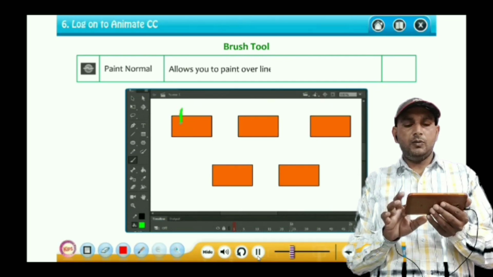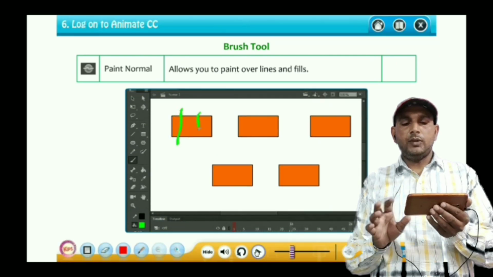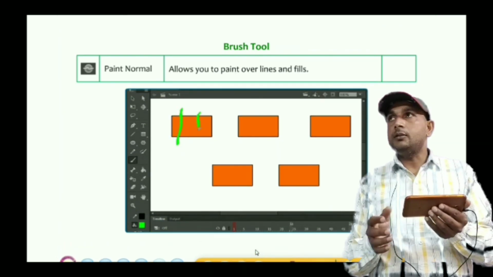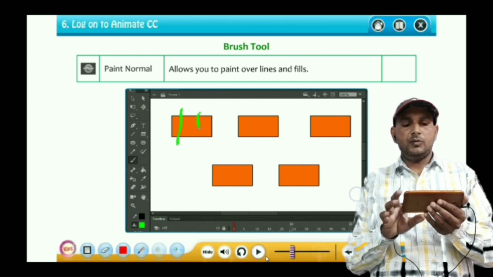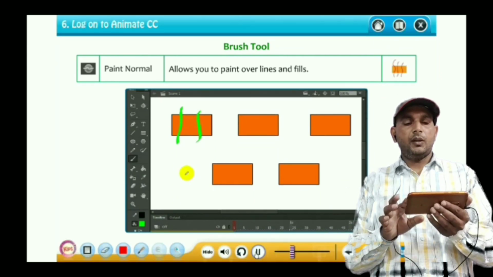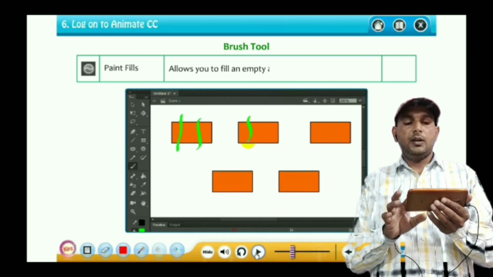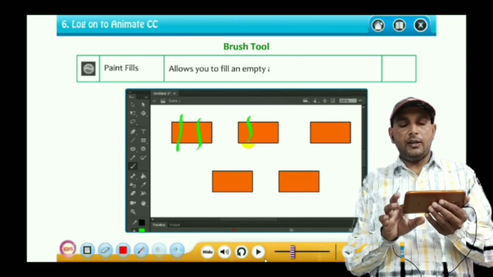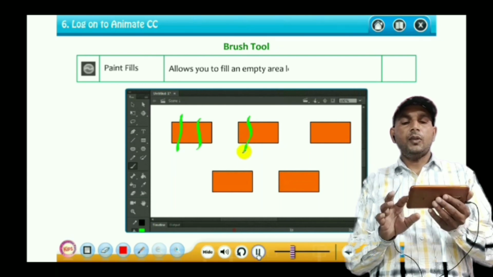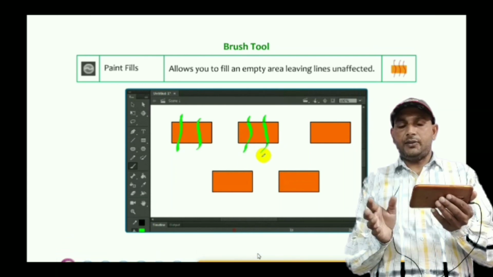Paint Normal allows you to paint over lines and fills. Next is Paint Fills, which allows you to fill an empty area, leaving lines unaffected.